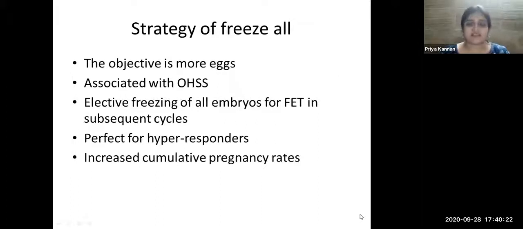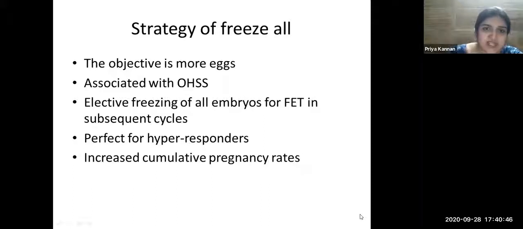So what is the strategy to have when it comes to PCOS in IVF? The one, prioritize having more eggs. Please do not concentrate on having a fresh embryo transfer. That is for poor responders and normal responders. Fresh transfer is not the objective for a PCOS patient. The objective is to maximize egg yield.